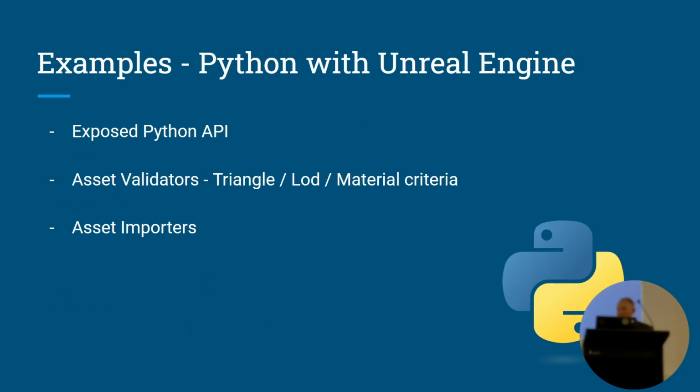Equally, I've spent a lot of time working with Python and Unreal. I think somebody else brought that up earlier on, so maybe we should have a chat afterwards. But we used it for building asset validators to look at the assets that we'd actually got in our levels, to look at the tri count, to look at if the level of detail has been set up correctly, the material slots have been assigned. But you can go, again, one step further and actually build an asset importer to take the raw asset file and bring that into Unreal. Sorry, guys. What that means is the artist is then freed up to just look at the placement of the art assets rather than working out if everything's been set up correctly.